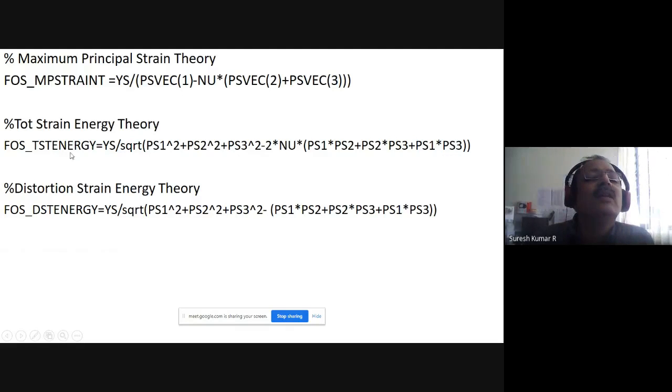And then total strain energy, sigma E divided by square root of sigma 1 square plus sigma 2 square plus sigma 3 square minus 2 mu into sigma 1 sigma 2 plus sigma 2 sigma 3 plus sigma 3 sigma 1. And then lastly, distortion strain energy theory, factor of safety according to distortion strain energy is sigma E, yield point stress, divided by square root of